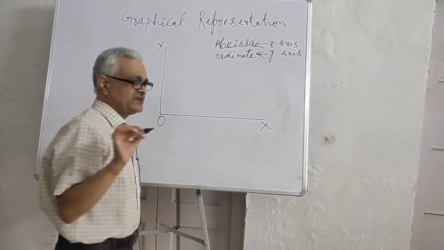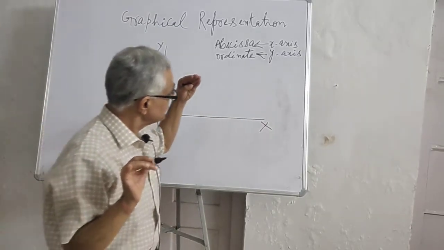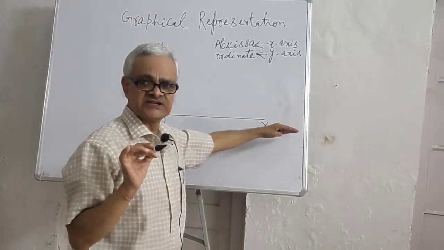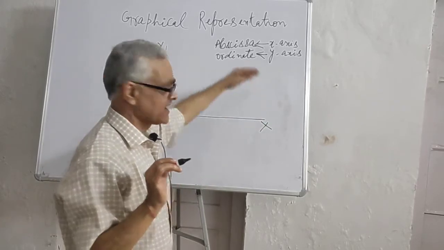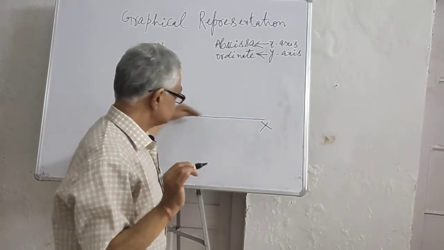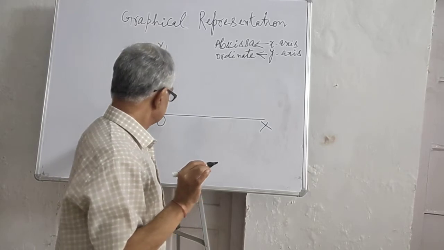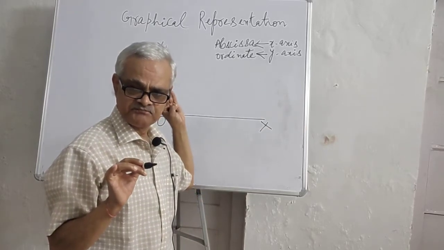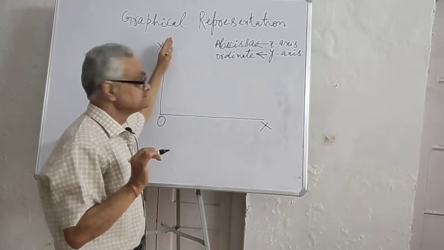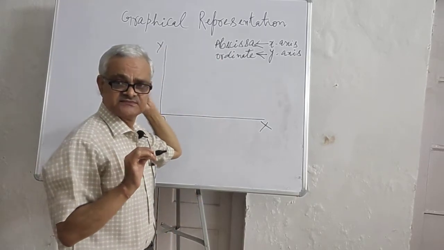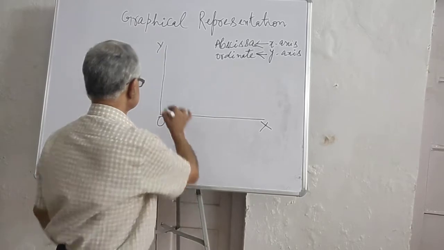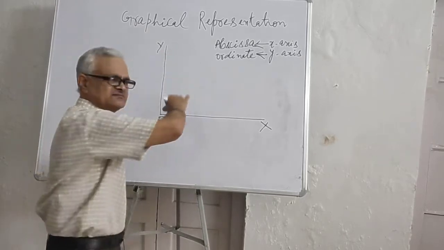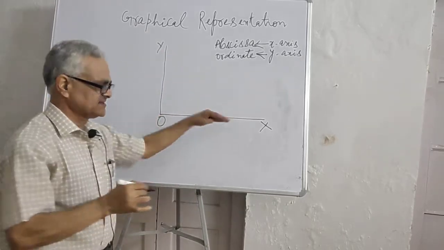So when we have to draw x axis, it is horizontal and it is abscissa. So abscissa or x axis is along the horizontal line, you can say, and this is vertical. So ordinate is vertical. You can have a point, तीर से भी हम दिखा सकते हैं कि ये x axis